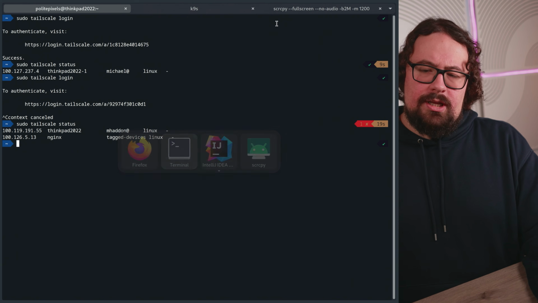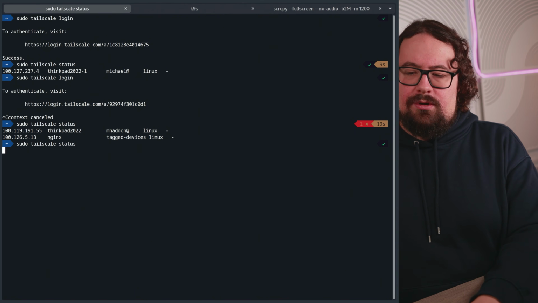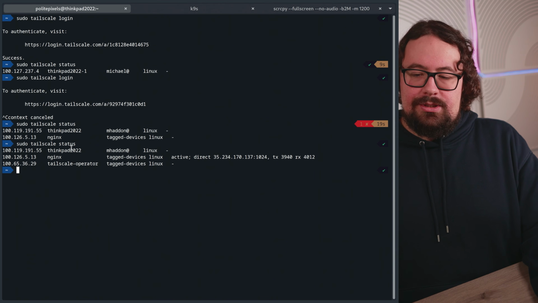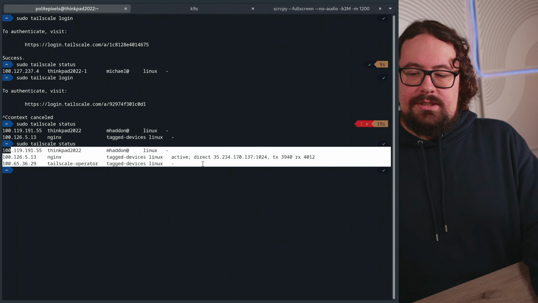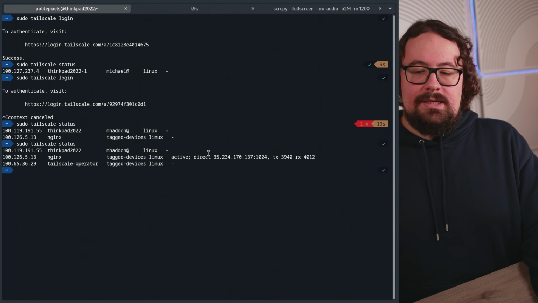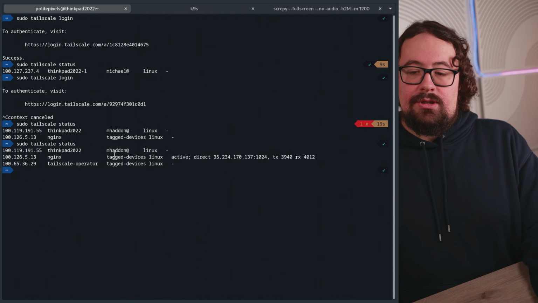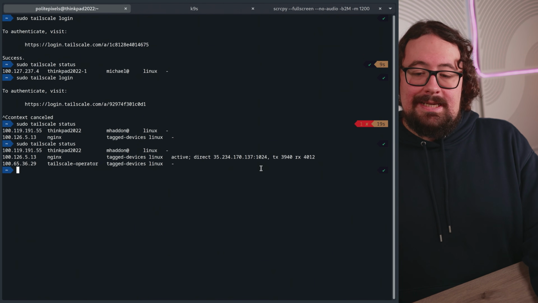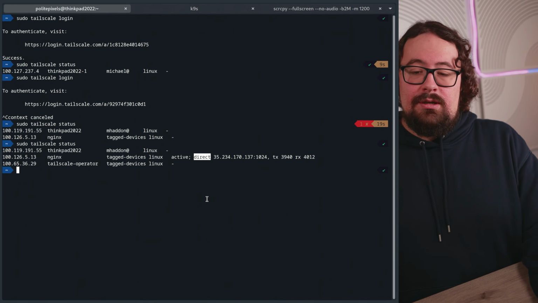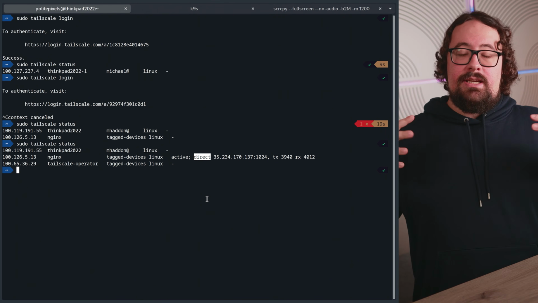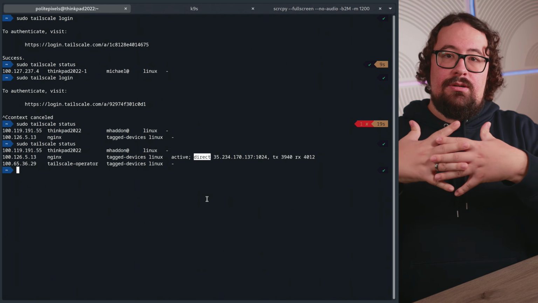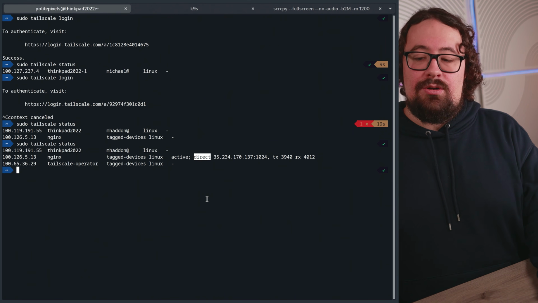Now, it's always useful whenever you use Tailscale to have a look at the output of Tailscale status, because it gives you a good understanding of everything in your network and how you are connecting to the different devices. The most important piece of text here, in my opinion, is this single word here that says direct. So what that means is that I have formed a direct peer-to-peer connection with this